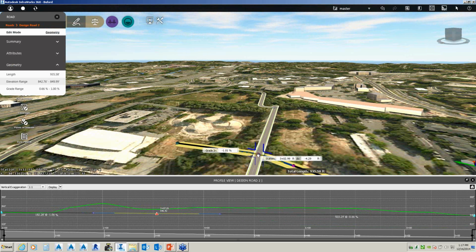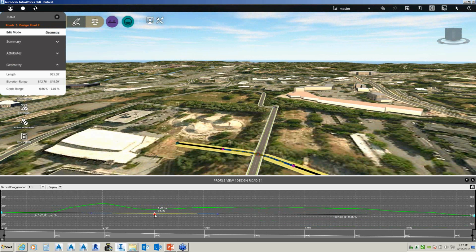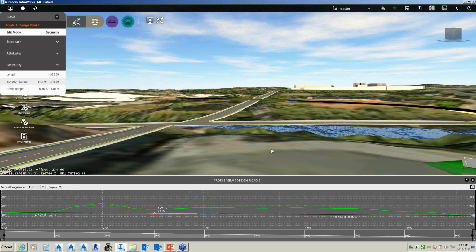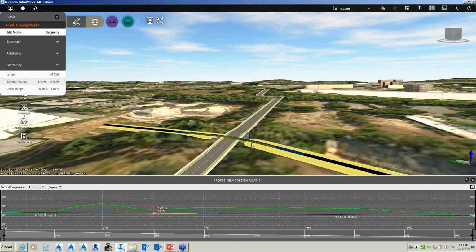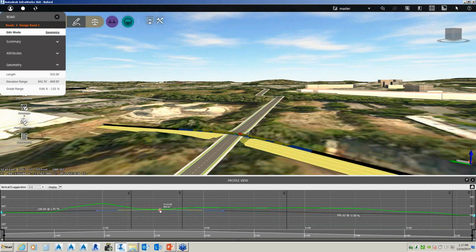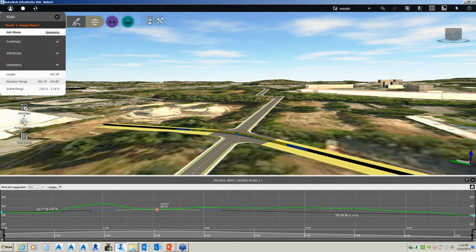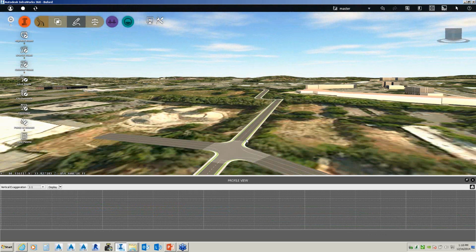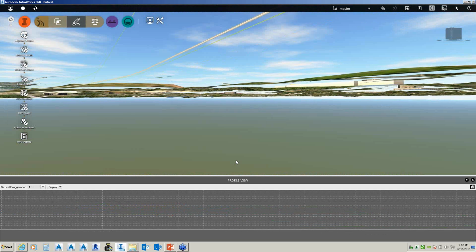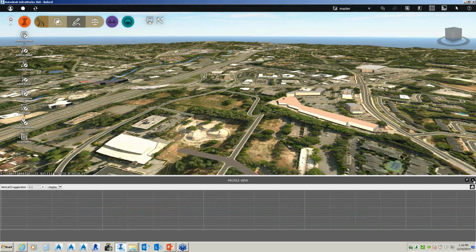just a little bit more. We'll put it right there. So again, dynamic updating. So it's created me an intersection with a left turn lane. Let me zoom back out here. I'm trying to save the screen space.